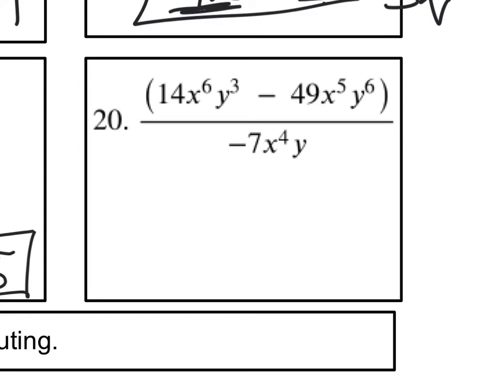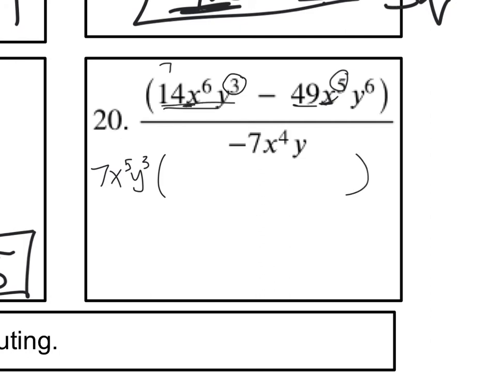Alright, this one, let's see what we got in common. 14 and 49. Well, we know we got 7 in common. Okay, so 7. And then for my x's, my smallest exponent's a 5, and for my y's, it's a 3. So x to the fifth, y to the third. So that's going to give me